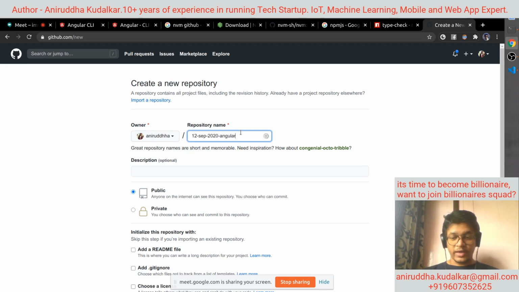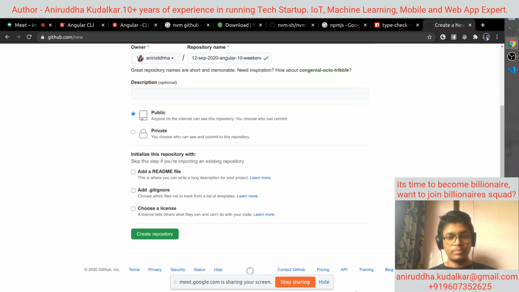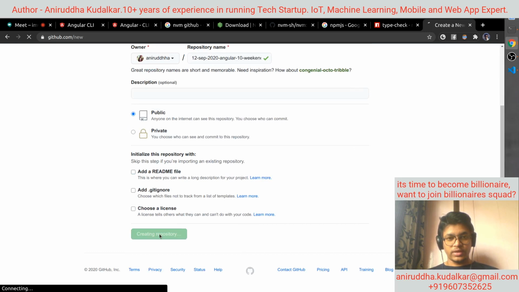Angular 10. Okay, and this is a weekend batch. And I'm creating the repository.